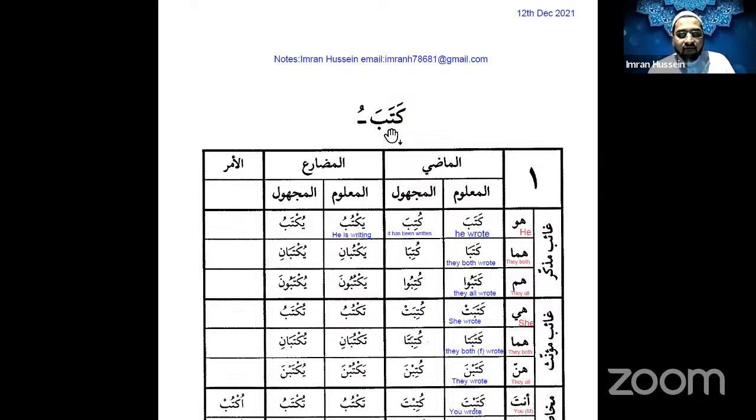And everything is measured on the pattern, which you remember, we measured everything on the pattern of fa'ala. We did fa'ala, yaf'ulu, fa'ala, yaf'ilu, fa'ala, yaf'alu. So that was the other template we used, fa'ala, as a template on which the different harakat are added to the verb fa'ala, the pattern, and we learned the different patterns as well.